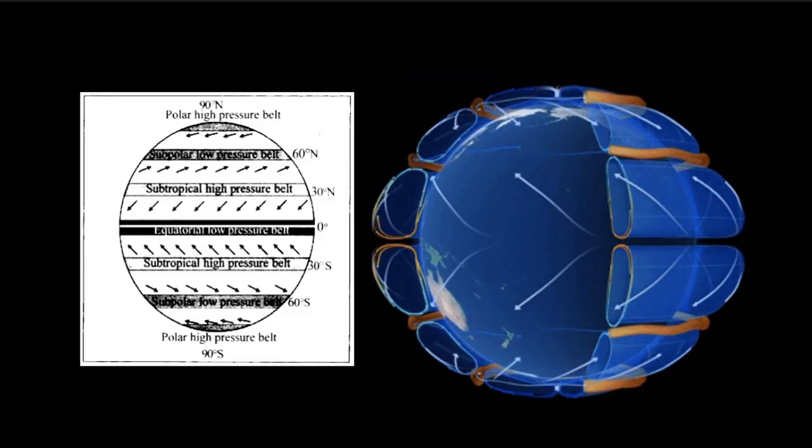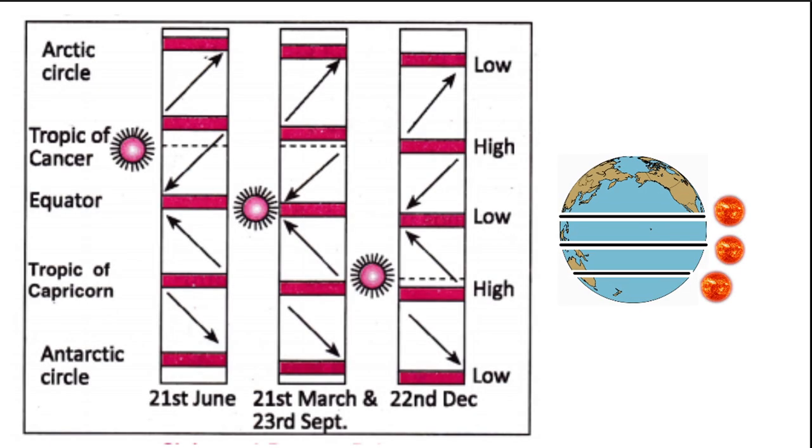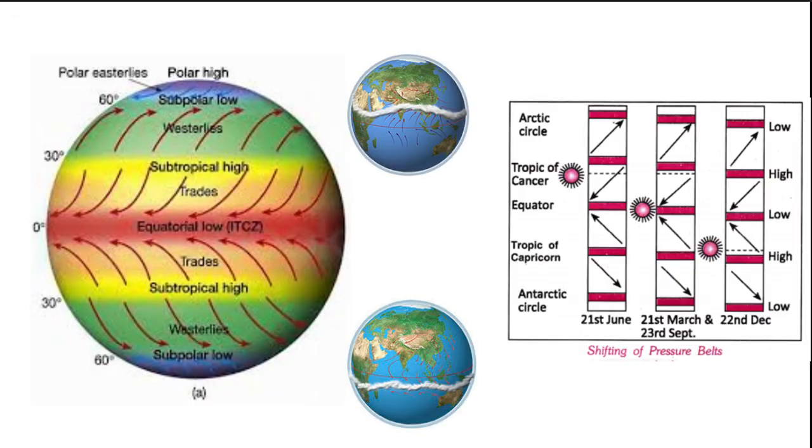So in this case, the same principle gets followed in terms of wind movement. It will travel from high pressure belt towards the low pressure belt. But the twist is, the pressure belts shift their position. During summer, when the sun comes directly above the Tropic of Cancer, then all the pressure belts shift 5 to 10 degrees northwards following the path of the sun.